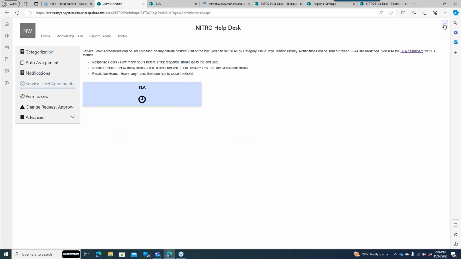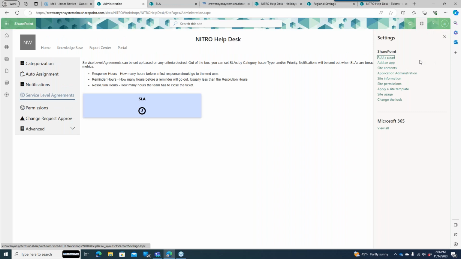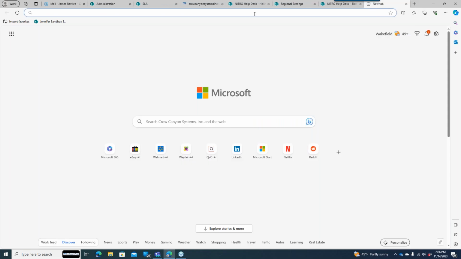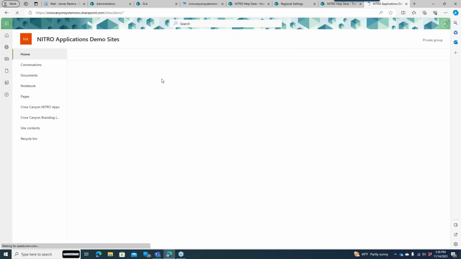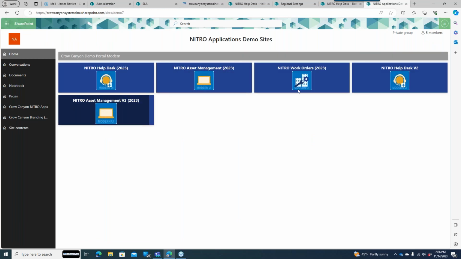Now, application administration, based on your version, could be in different places. It could be over here in the gear, in the more recent iterations of our help desk. Let me just pull this up real quick for a demo site. This one here,